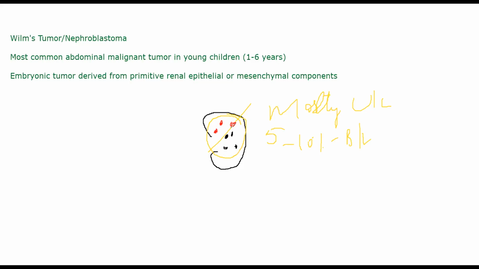Okay, now microscopically, nephroblastoma is a mixture of primitive epithelial and mesenchymal components. What does this mean? Most of the tumor cells will be small, round and spindle shaped. Okay, they will be sarcomatoid shaped. Just like the sarcomatoid shape in renal cell carcinoma, the shape is the same. These tumor cells are small, round, and spindle shaped anaplastic sarcomatoid tumor cells.